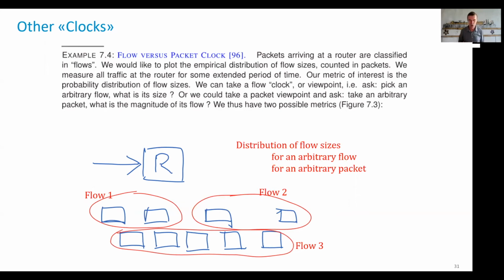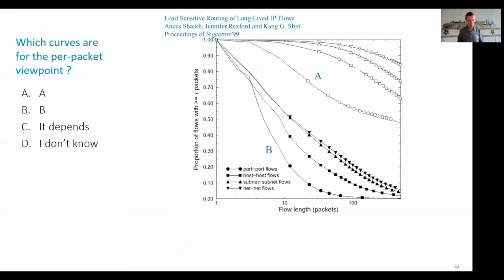So I can do the two things. Here, for example, I have 3 flows. So I have a distribution of 3 lengths, and I have 1, 2, 3, 4, 5, 9 packets. I have 9 answers to the question, what is the size of the flow that you're in? If we do that, of course, not for 9 and 3, but for millions, we find those curves here. Now, we will finish this first hour by asking the question, which curve do you think corresponds to the per packet viewpoint?